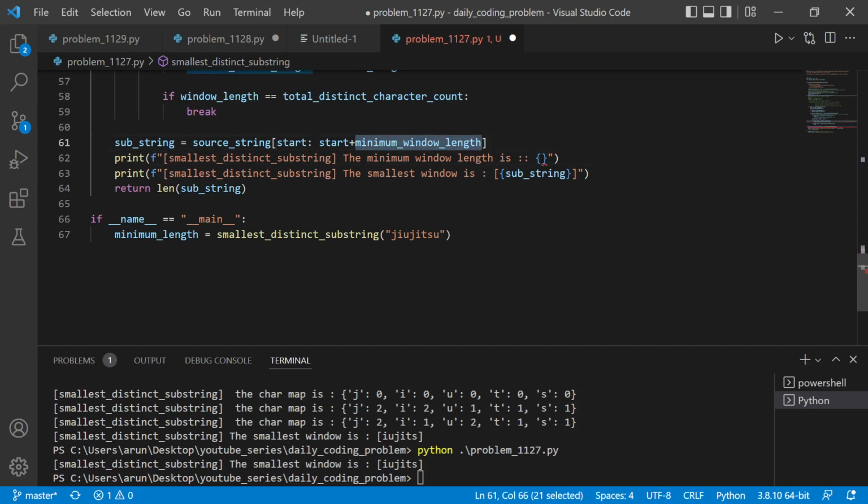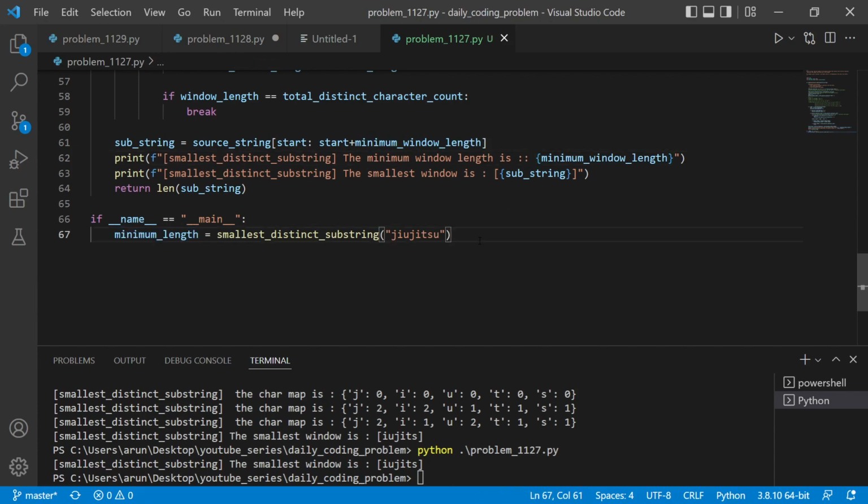We are going to print the minimum window length, right? And then we can even print that over here. Print minimum length is